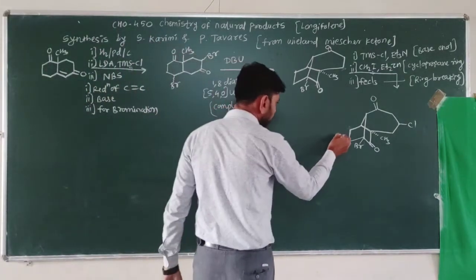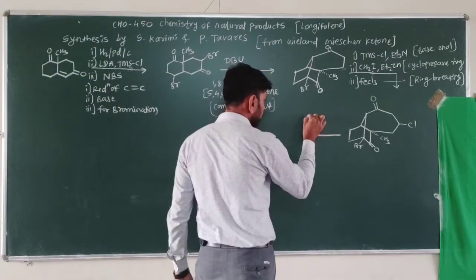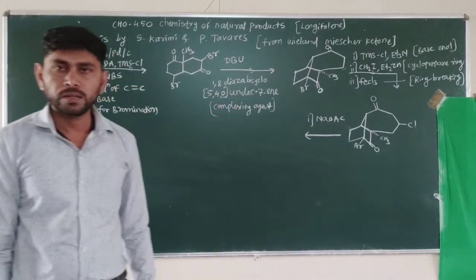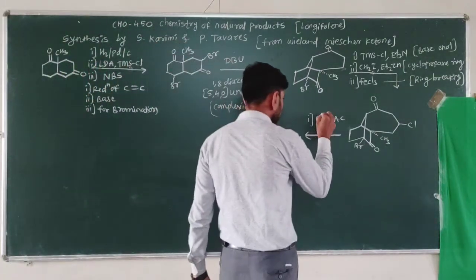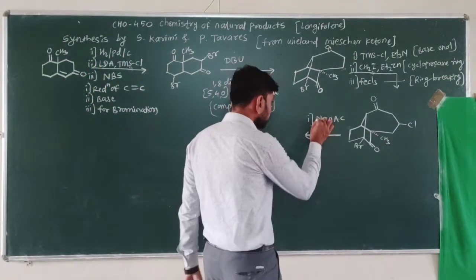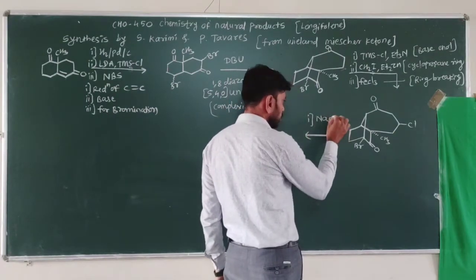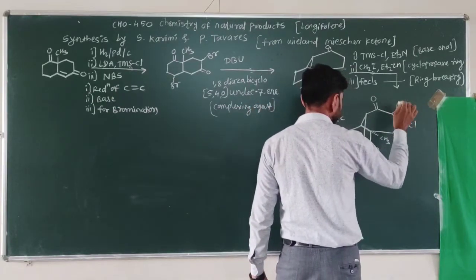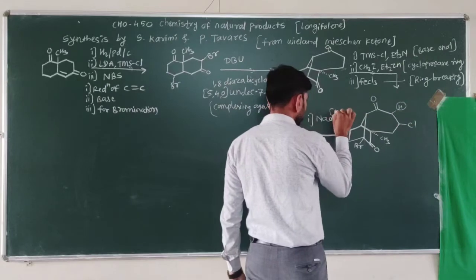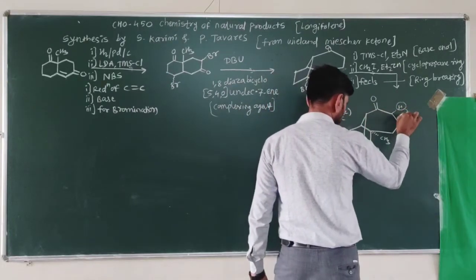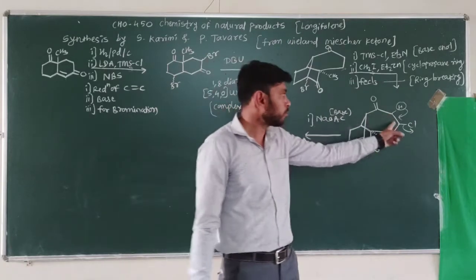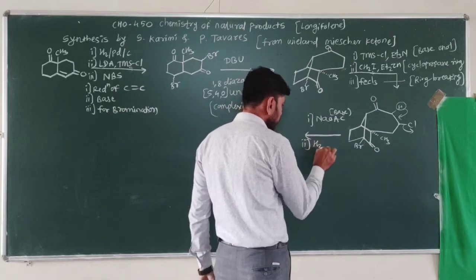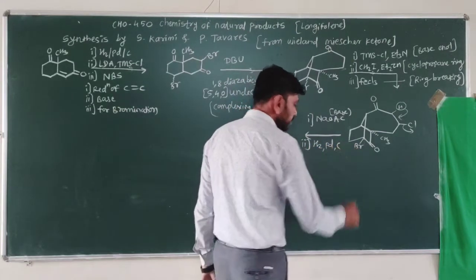Now at this stage we are adding some other reagents. First we have added NaOAc, sodium acetate. Now this sodium acetate gives rise to the product where it acts as a base. You know that if it is a base, then it attacks. So it acts as a base here. Removal of Cl, so double bond formation here, and that double bond is reduced by using the reagent H2, palladium on carbon as a catalyst.